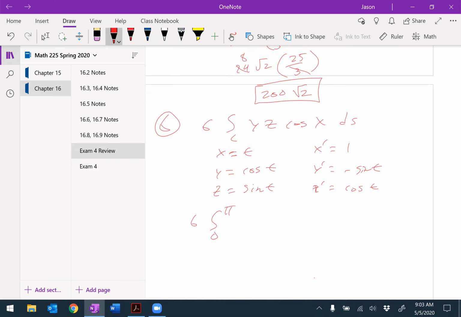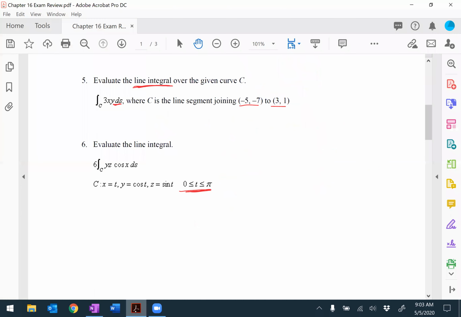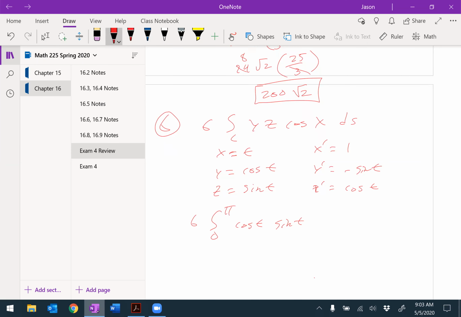Okay, we're going to parameterize this thing. So y of t is cosine t. z of t is sine t. Wait, did I write that down right? Yeah, that's right. Okay, that's good. And then cosine x. What's cosine of x? Well, that's another cosine t, right? And then we need our